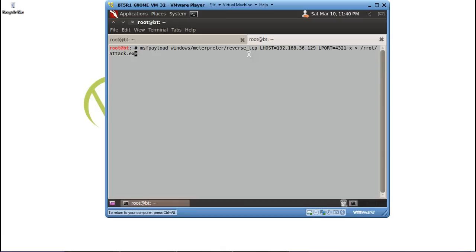So this is going to be where our file will be located. The attack.exe will be the file that needs to be executed on the victim's machine. It will take some time.